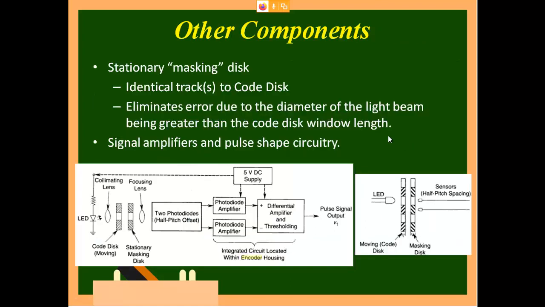Again, you have a light source here, and the light is given to the lens. The coding disk passes and comes here as an output, and from this output you will give it to an amplifier, a photodiode based amplifier. Then from that amplifier you will go to a differential stage, and then you will conclude and give the output. So this is how the encoder is working.